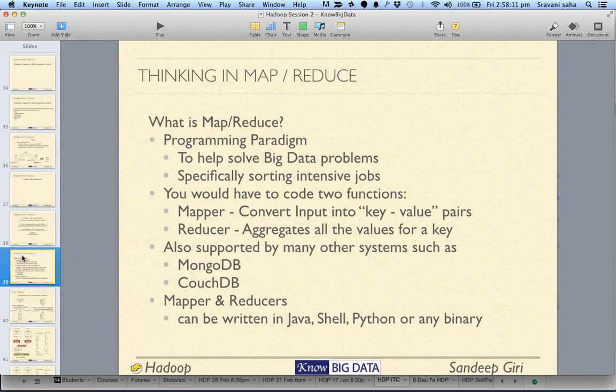So, specifically sorting intensive jobs. All right. You have to code essentially two functions. One is called mapper, other is called reducer. I'll be using map and reduce and mapper and reducer interchangeably. Don't get confused. Mapper or map is a function which basically converts input into key value pairs. We try to break down our input into key value pairs such that it solves the problem, just like in